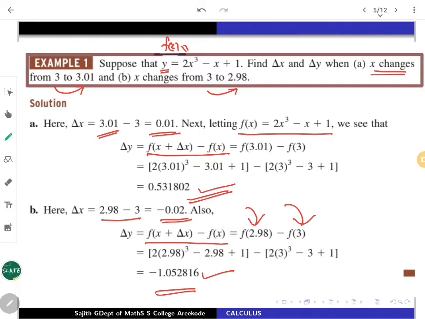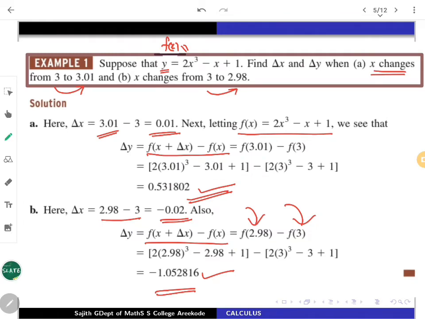So one can easily compute all these things using the clear-cut formula, if it is available. But the computation can be a little bit hard. Now the question comes: why differentials, what are differentials, and how are they going to help us in this kind of problem? That is the next thing you are going to address.